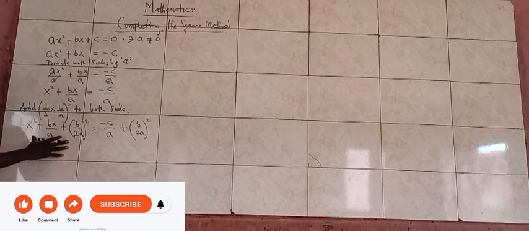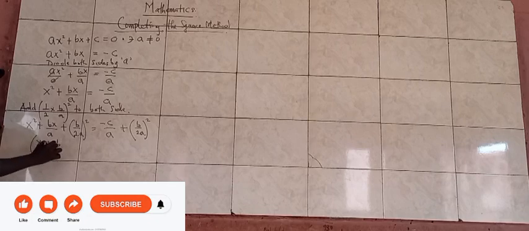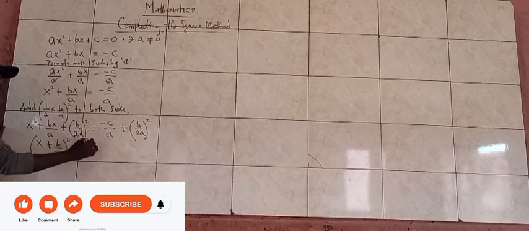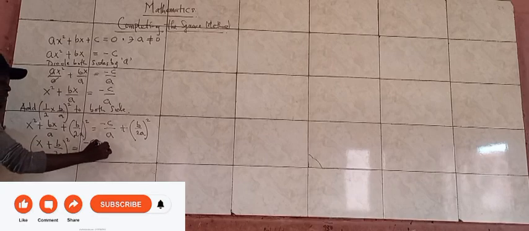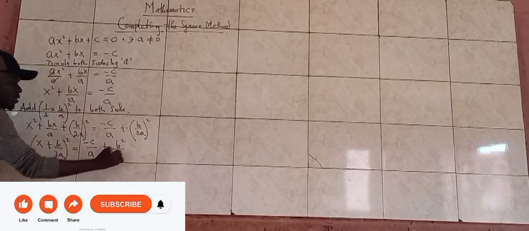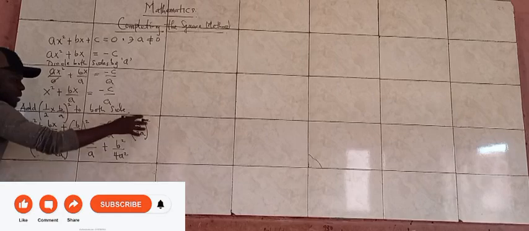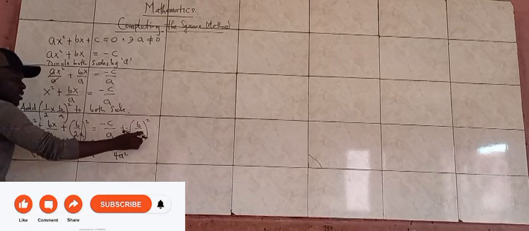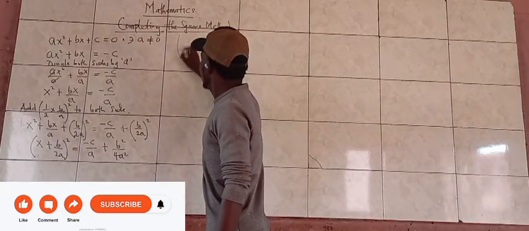Then this is now factorizable. So when you factorize this, you'll be having (x plus b over 2a) squared equals minus c over a plus b squared over 4a squared. I expand this bracket: b squared, 2a squared becomes 4a squared. Then the next thing we're going to be doing now is that I'm going to be